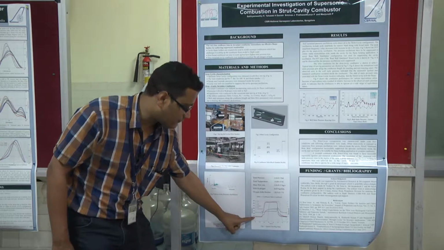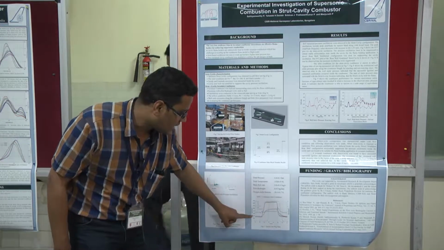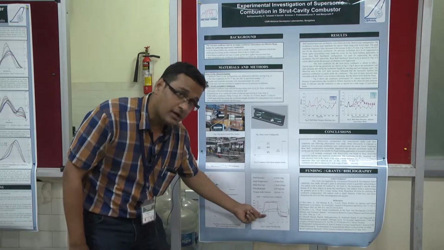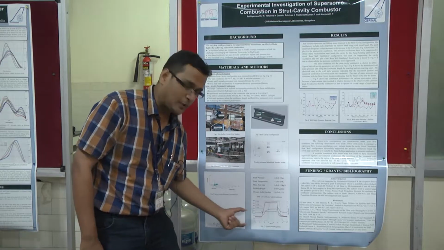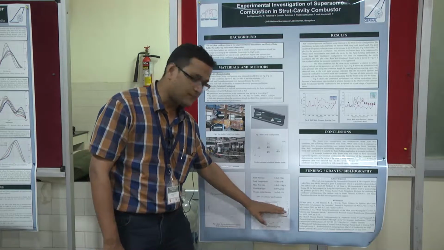And here it shows the hot flow. These are at a higher temperature, which shows the inlet temperature and the mass flow. When we are igniting this mixture, the static pressure rises in a constant area duct in a supersonic flow. When we add the heat, the pressure increases, which signifies the combustion.